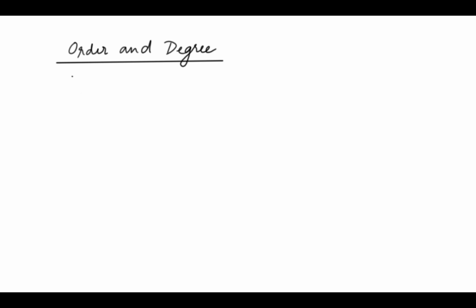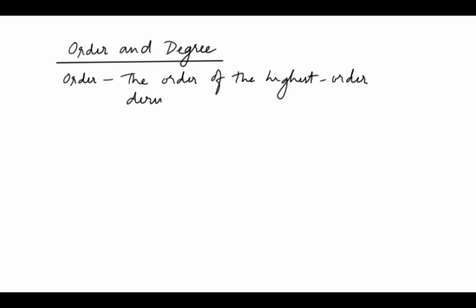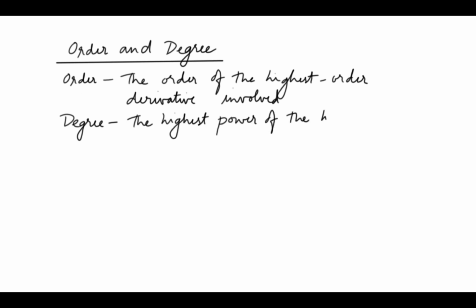So next is the order and degree of differential equations. So the order is the highest order derivative involved, and the degree is the highest power of the highest order derivative. So it must be a polynomial equation. Yes, so that is important. So if we look at some examples,